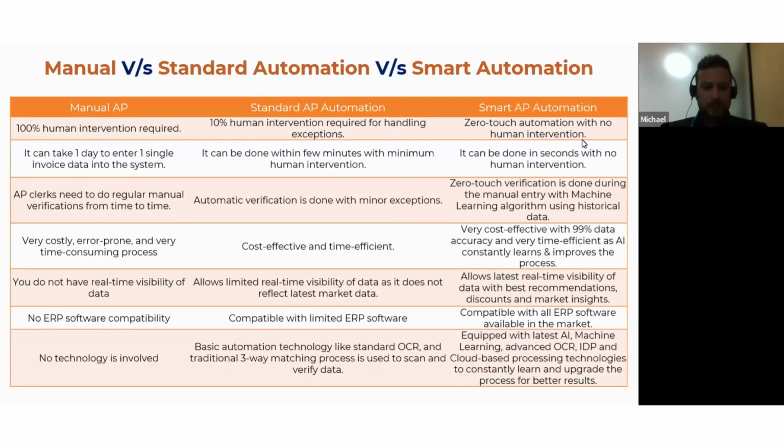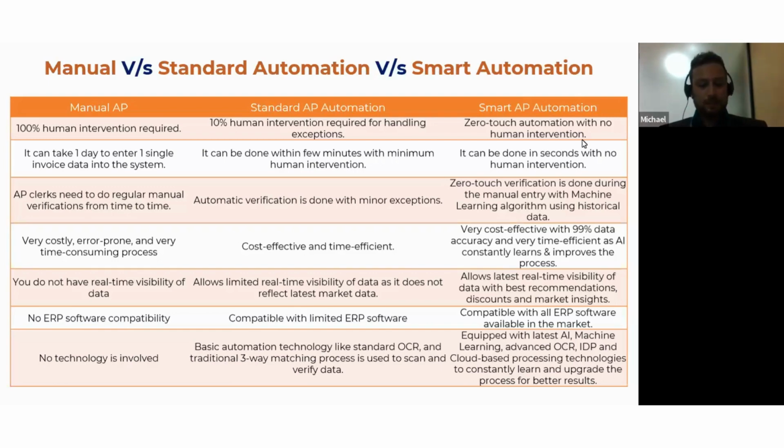Okay. Now, when it comes to compatibility with various other ERP systems that you are probably using, a manual system, as you know, you would not be able to integrate with. Automated systems, you are, of course, able to integrate with some limited ERP systems. A smart automation system asks no questions. We integrate with every ERP available in the market right now, right? And these two systems literally talk to each other, and the intelligence is exchanged between the ERP and the